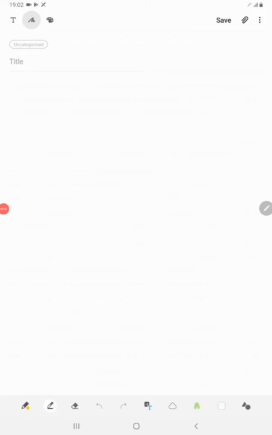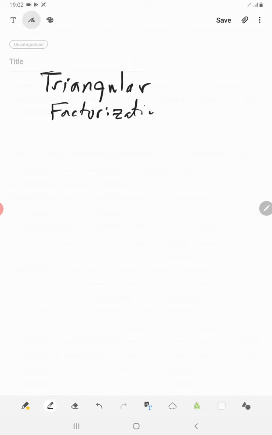Okay, I'll start with you this video regarding the triangular factorization. Okay, we'll start with triangular factorization. Usually we have a linear equation of a matrix A times X equal B,